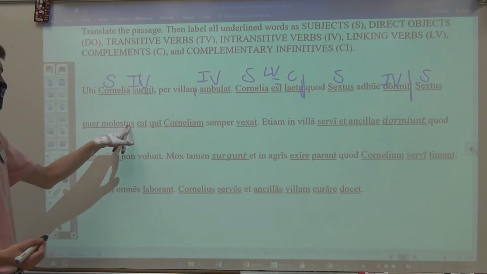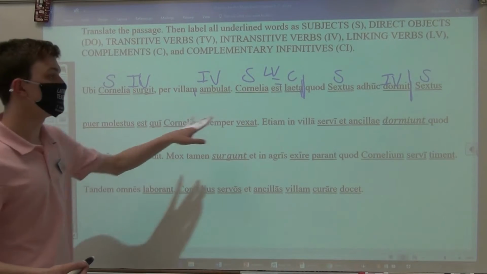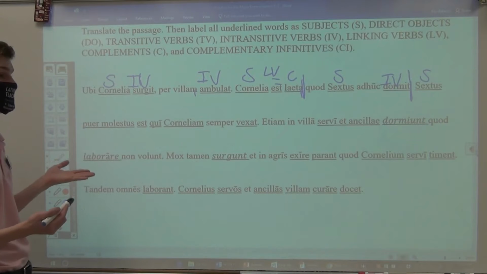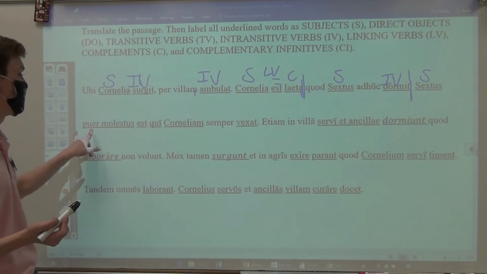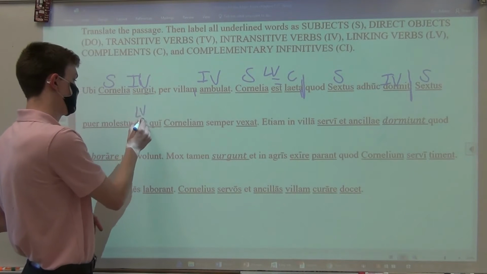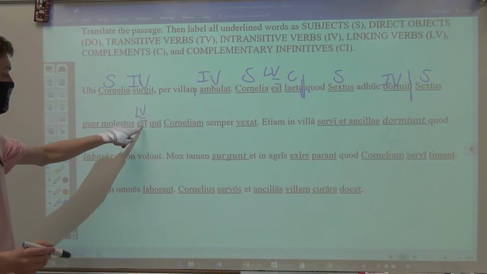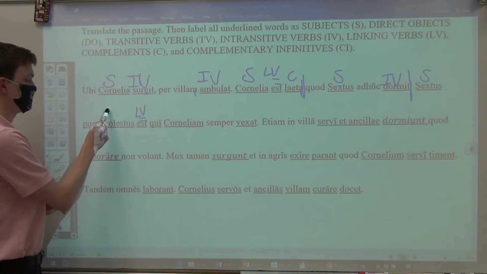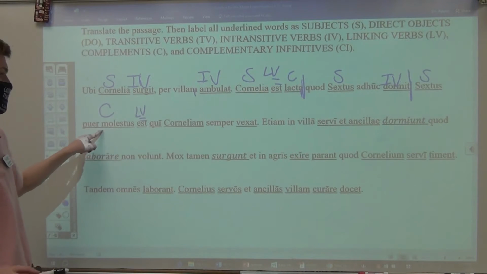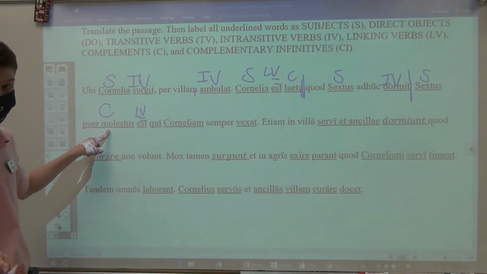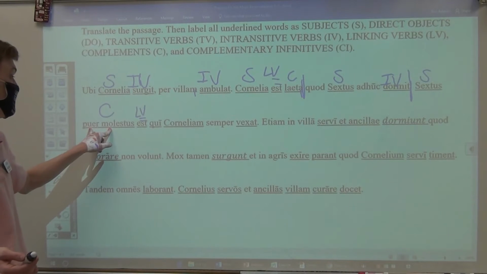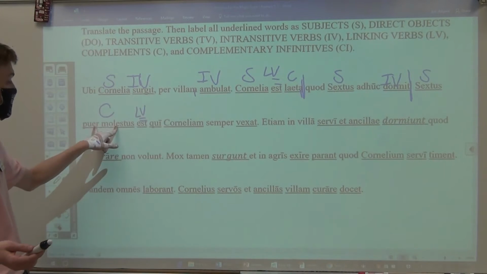Puer molestus, this is similar to laeta, but we have to see if there is something else that is connecting them, that is linking them. So let's go ahead and go through the rest of the sentence. Oh, est. We know est is a linking verb. So a linking verb is an equal sign. Est, so we can assume Sextus is an annoying boy, because this is matching in case, number, and gender. Puer being singular, puer being masculine, puer being nominative. So Sextus is an annoying boy